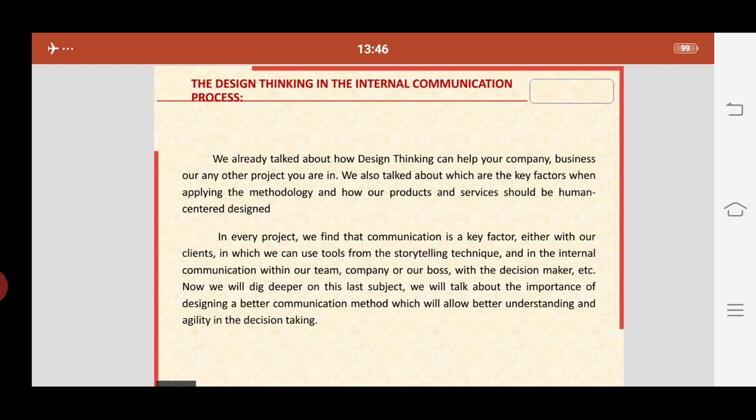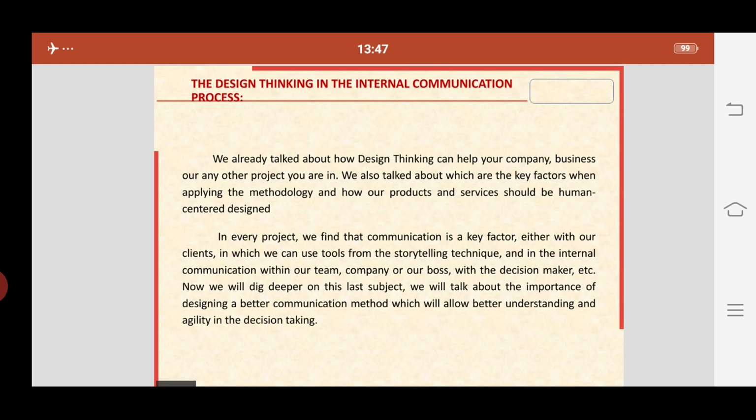At this time we can say about this dig deeper. Now we will discuss it: to make a lot of effort for any particular project with all one's resources. I want to say what the importance of designing is. On this last subject we will talk about the importance of designing,